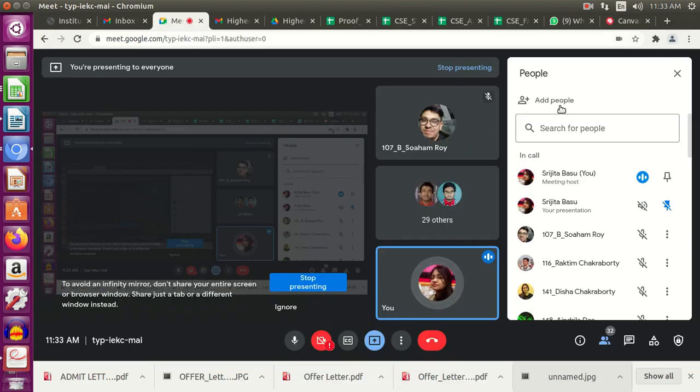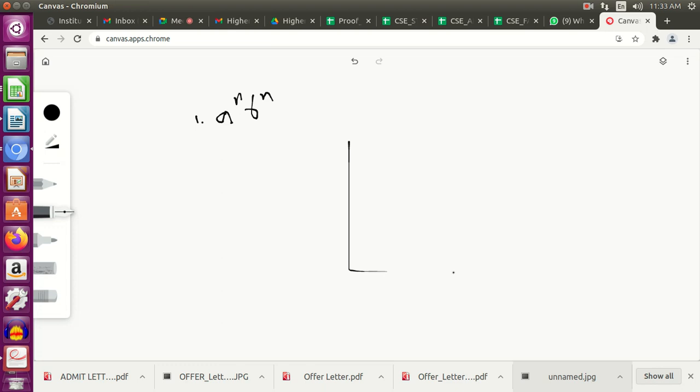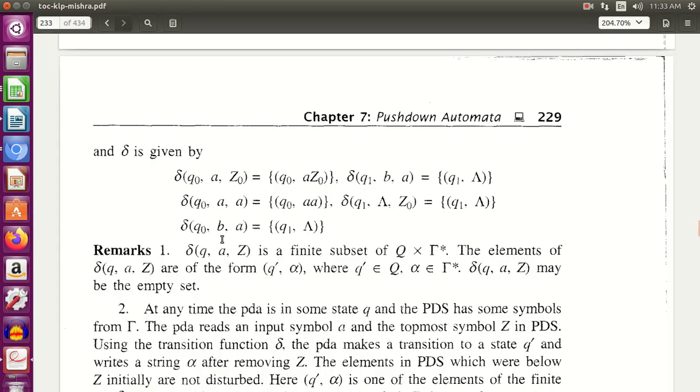If I try to draw this, I had Z0 and now I will have a, right? Next, after having this a, I can have another a, because it's a to the power n, b to the power n, so multiple a's are allowed.